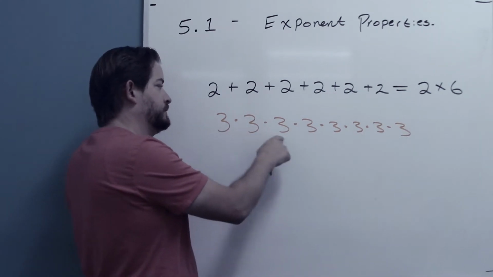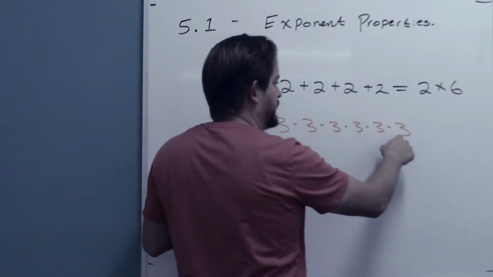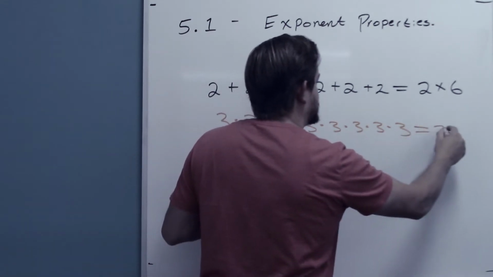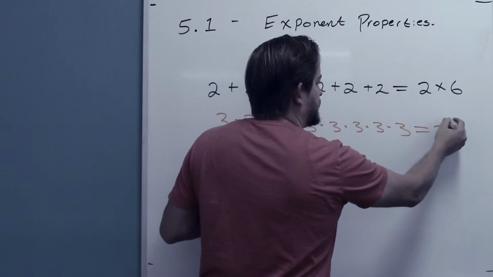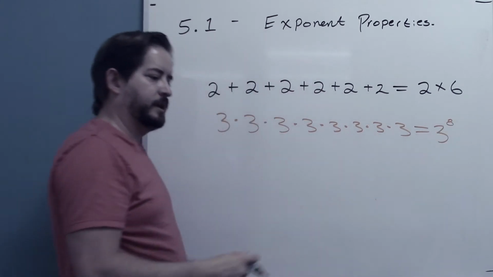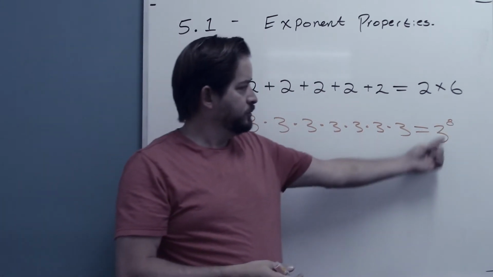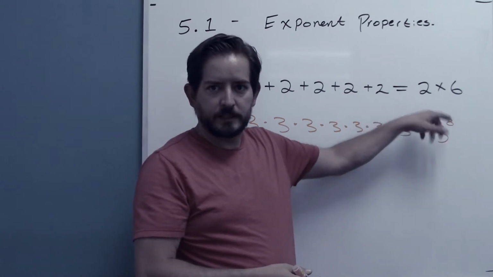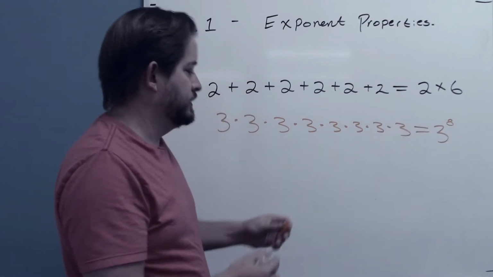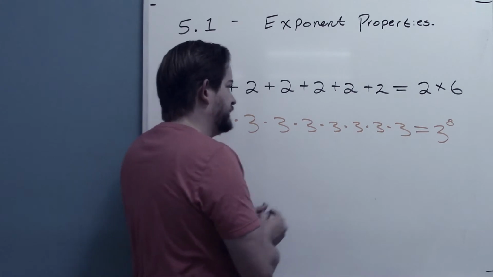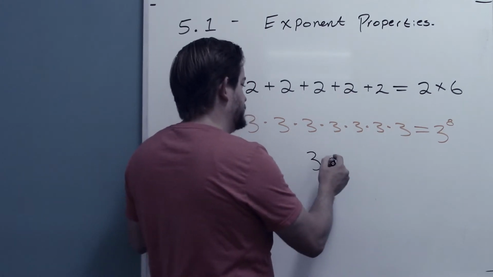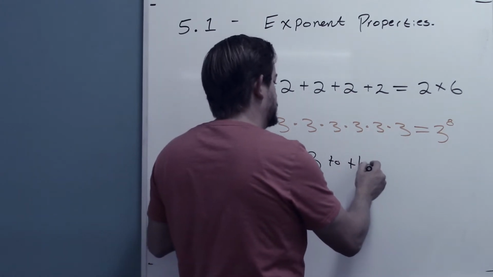So 1, 2, 3, 4, 5, 6, 7, 8 of them. So I would write this as 3, and I indicate that there's 3 being multiplied 8 times with a superscript, an elevated or raised up number, and this would then be read as either 3 to the 8th power